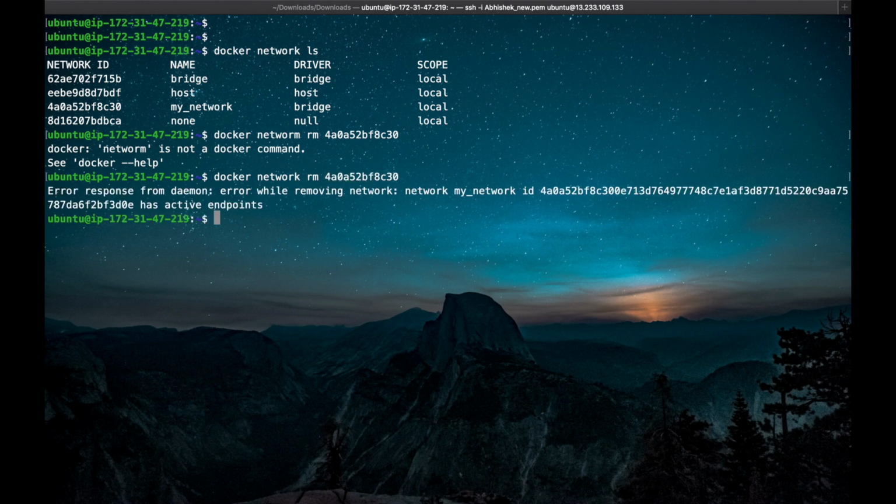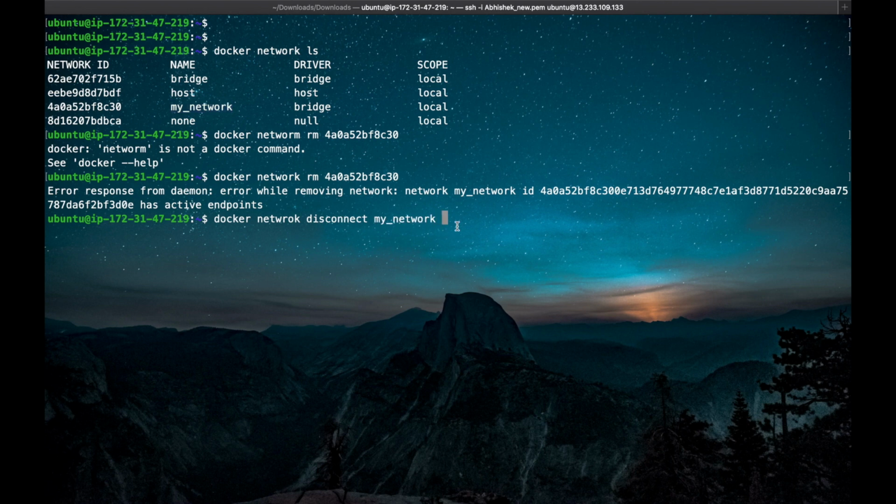We are getting an error because this network contains some containers. So we have to remove those containers from that network. So we have docker network disconnect, from network my network.